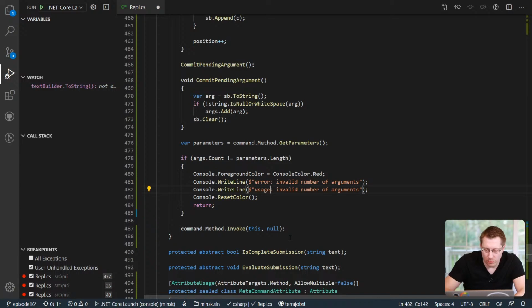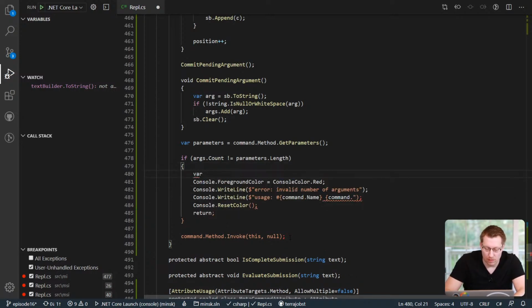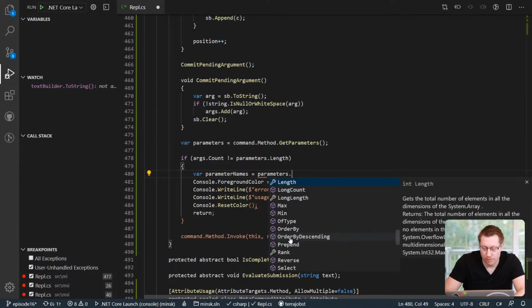And then we say usage would be command name, and then let's say command parameter names is parameters